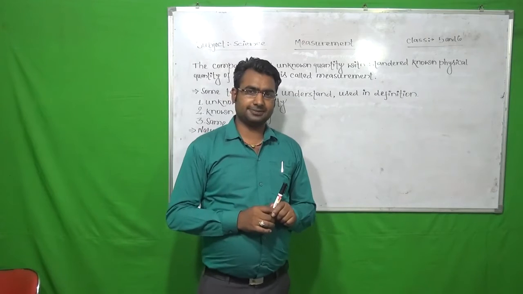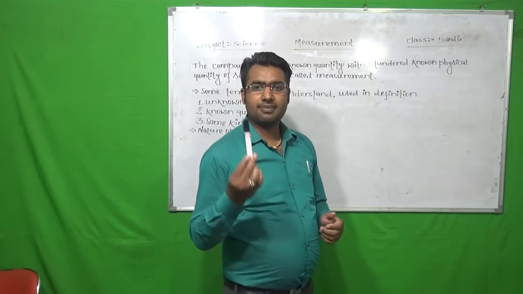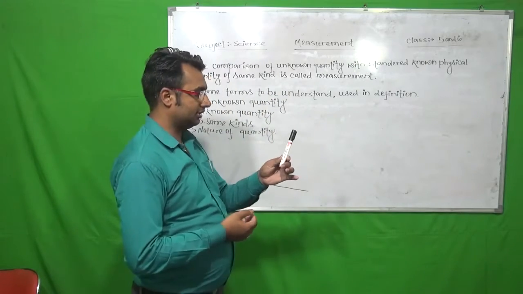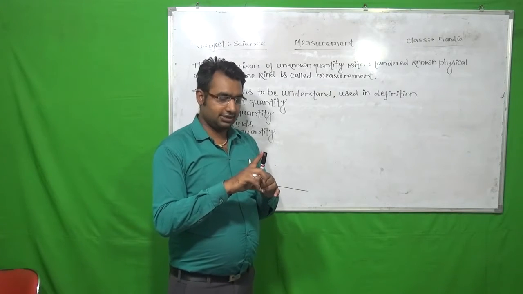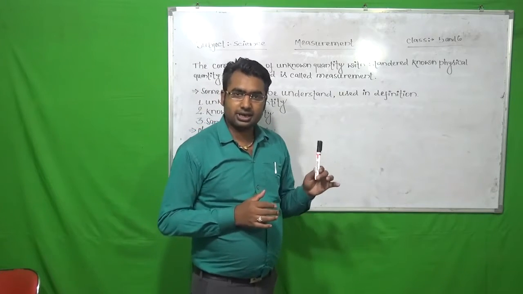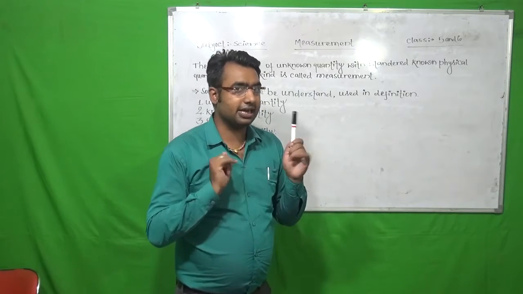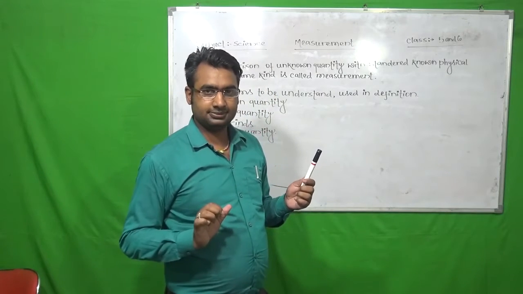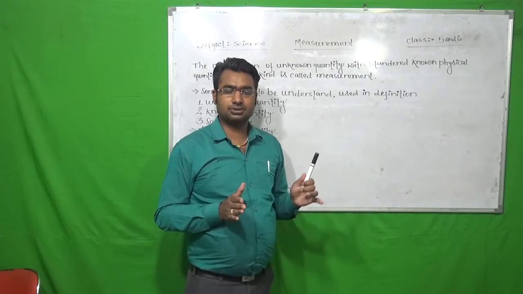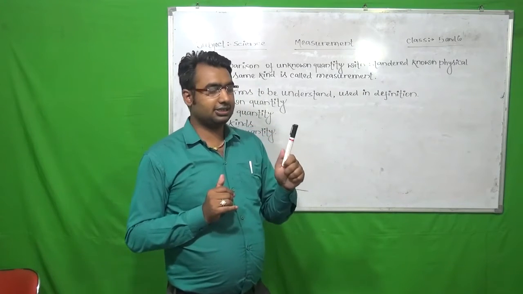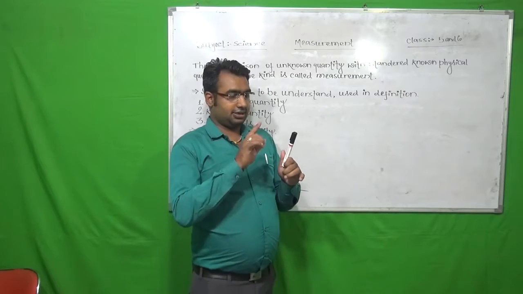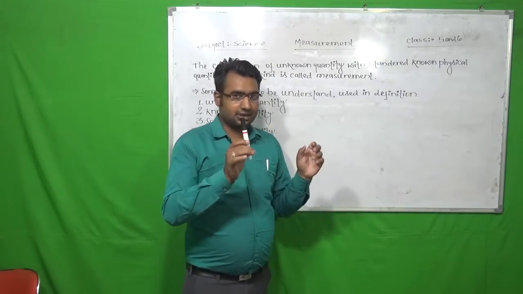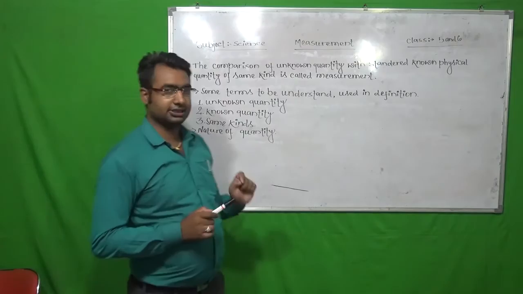What is an unknown quantity? It means, suppose I have a marker in my hand and we should find out the length of this marker. We don't know the exact and accurate length of this marker, we can only guess. So the thing which is to be measured, whose accurate physical quantity contained by the matter we don't know, is known as the unknown quantity.